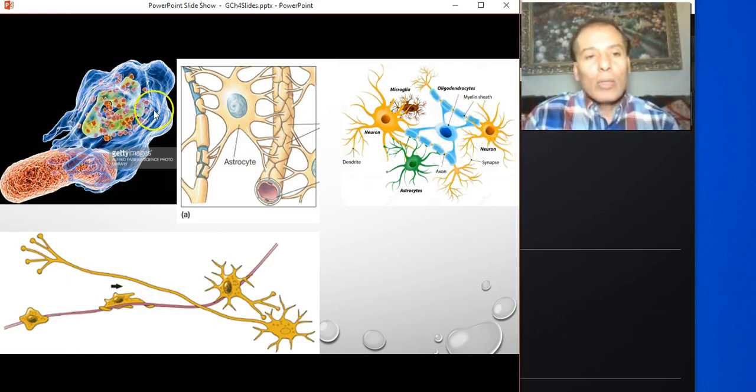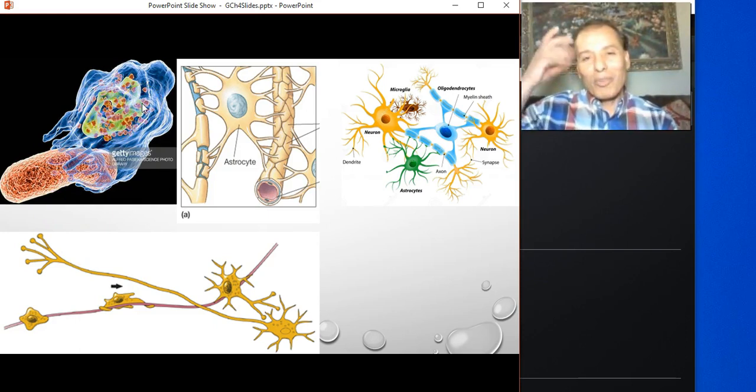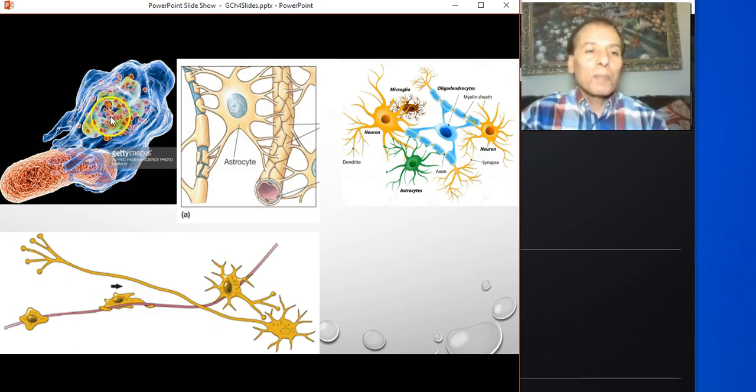You look on the left. You see that is a modified white blood cell. Basically, it is called a microglia, and this microglia is a modified white blood cell that is part of the immune system, and it is smaller than everywhere in the body, because you want it to fit into the brain and the spinal cord. There isn't much space, so that is modified.